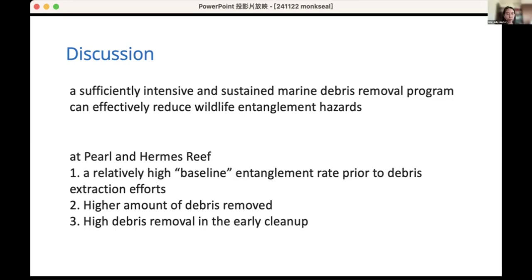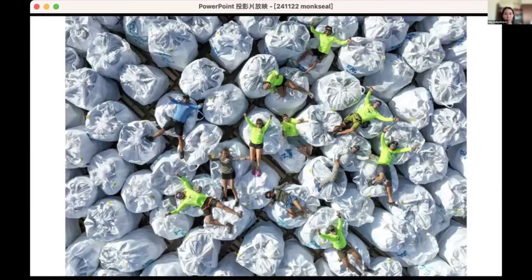I can share some photos of their removal action with you. It's mainly done by a local NGO. Every year, like this year, they set 3 expeditions to these northwestern Hawaiian islands to do the removal. Each expedition may be from 3 to 4 weeks. So it's really labor intense work. You can see this is a huge amount of what they clean up